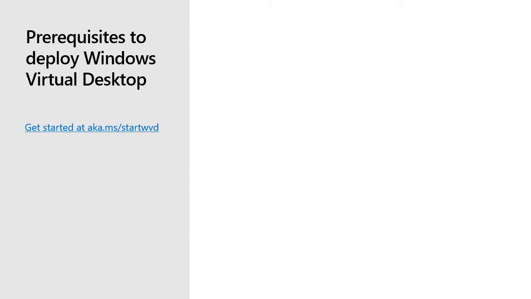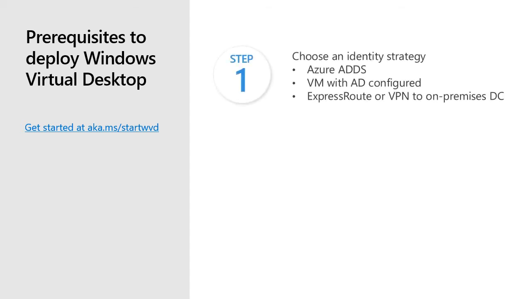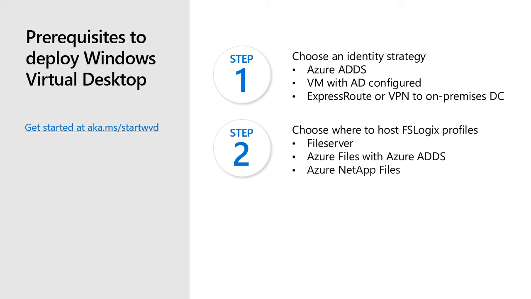The prerequisites, though, before you do this, and by the way, the get started documentation is aka.ms/startwvd, is that first you have to choose an identity strategy and also a connection strategy, like do you want to use ExpressRoute or VPN to on-premises data centers. Second is to choose where to host the FSLogix profile. Do you want to do it on a file server, Azure Files, or Azure NetApp Files? And then the next step